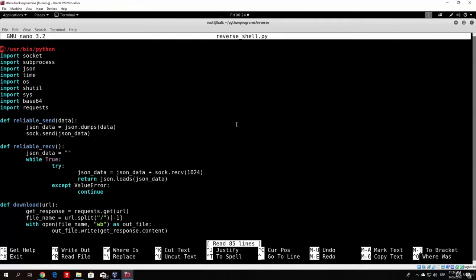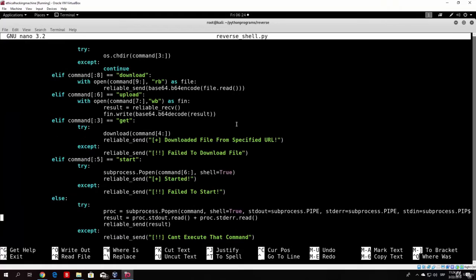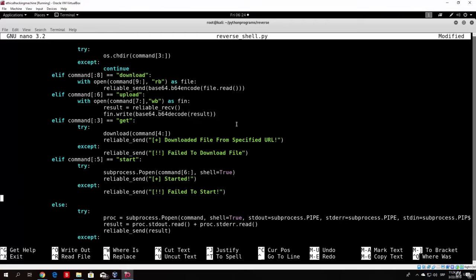And what we want to do is first of all go down to the elif statement, so let us scroll down right here. And let's add another elif statement that will allow us to take a screenshot. So else if the command's first 10 letters, since that is how many letters screenshot has, equals screenshot,